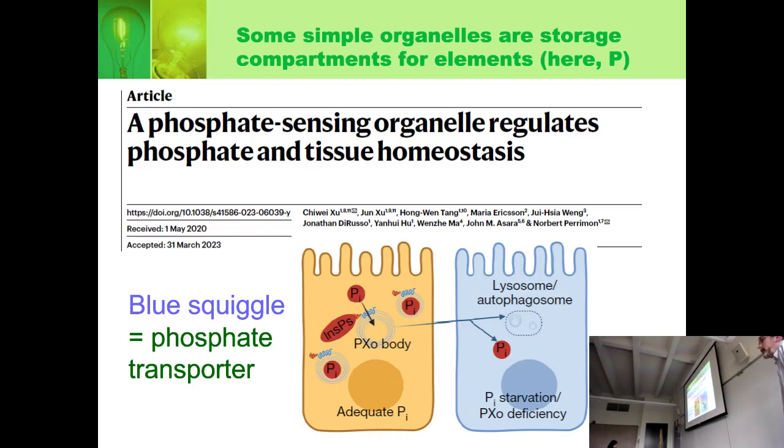The other thing is, remember, phosphate is related to calcium. You have to be very careful with your phosphate and calcium levels. If you have too much of either one, they will make little calcium phosphate rocks inside yourself. So it's good to not have too much phosphate around. And it seems like this organelle could have evolved for a case like that, but then the organisms would survive better because they'd be able to survive phosphate limitation, phosphate starvation.